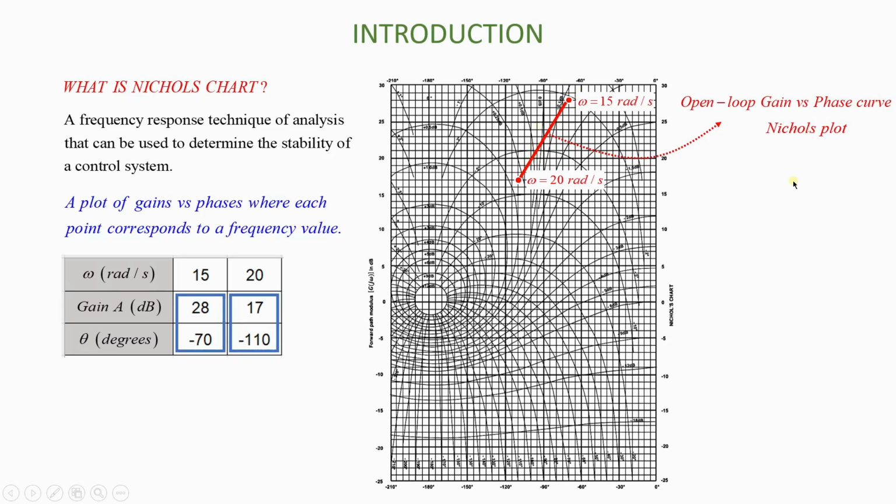Now, what is really important for you to see at this point is that on Nichols chart, you have open loop gain values and open loop phase values, and those are the ones that you see on the horizontal and the vertical. On the vertical axis, what you have are the open loop gain values. On the horizontal axis, what you have are the open loop phase values. And so when you're doing an open loop curve plot, then you look at those axes, the horizontal and the vertical. But as you can